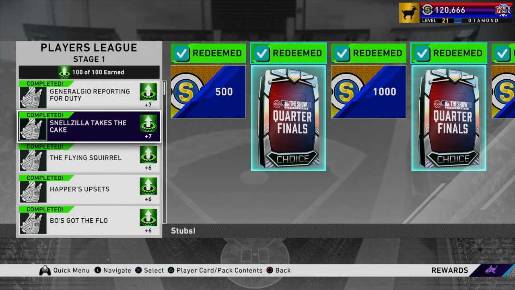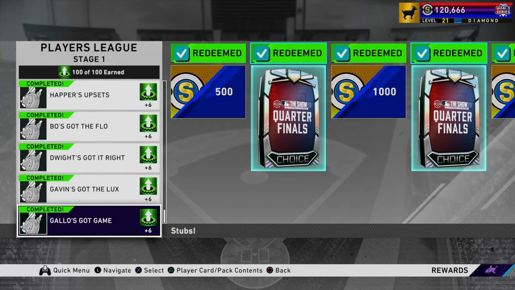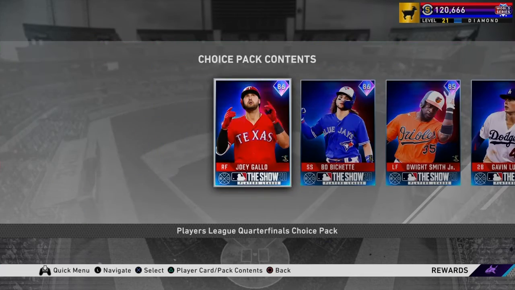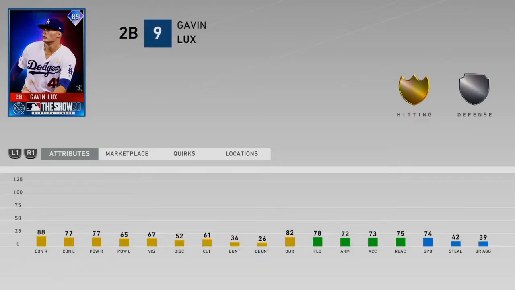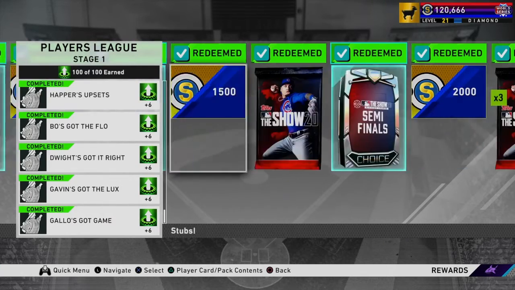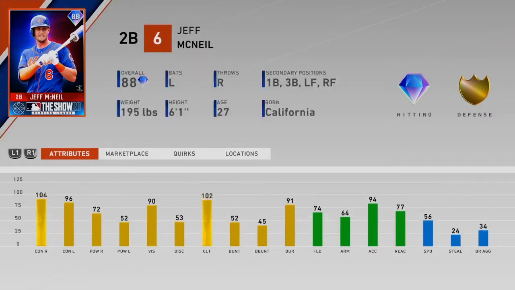There's a set of moments that is going to get you to 50 of these program points, alright? And all of these moments, they revolve around all the cards in this collection. So you guys can see there are 4 of these quarterfinal cards, a Joey Gallo, a Bo Bichette, Dwight Smith Jr., Gavin Lux. So these are all the lower tier ones. You get 2 of those packs, and then you get a semifinal pack, which has Giolito, Jeff McNeil, and Ian